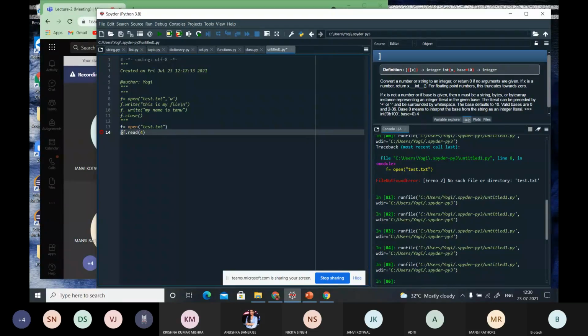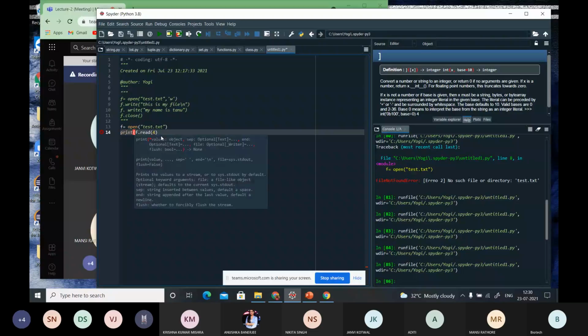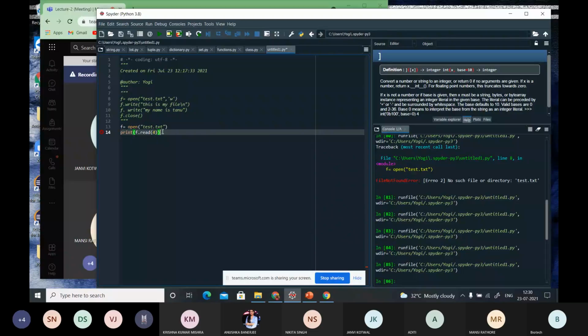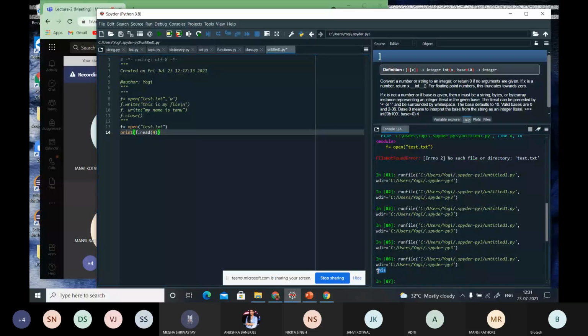Okay, let me do this: print f dot read. See, it has printed only four characters from the file. Again, you can mention the number of characters you want to read according to your choice.